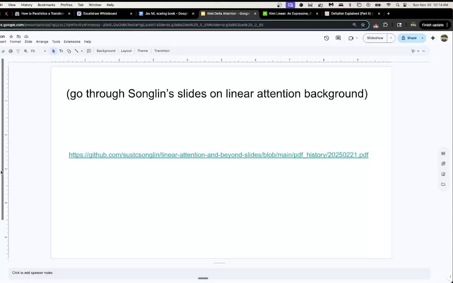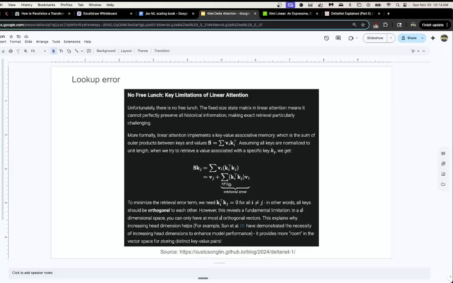And I can show briefly, I have a slide that shows this. For a given vector that we're querying the S state matrix with, if you look at the math between the matrix and the vector multiplication, we'll do this summation here. In the ideal world, we get out V of J, where we map almost exactly K of J